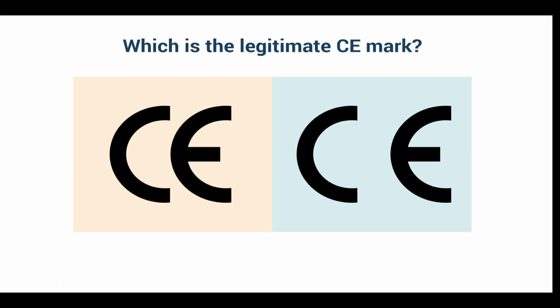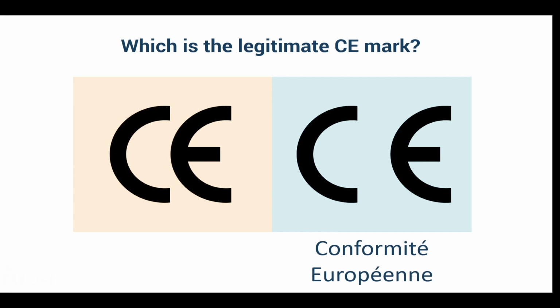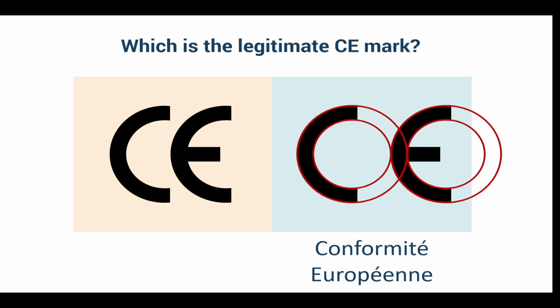But are you able to distinguish a true European CE mark from something else? Is it the one on the left or on the right? Well, it is the right one. You can check that by continuing the lines of the circles on the inside and outside of the C. Check Annex 5 again if you want to compare. The one on the left is just a very smart ripoff from another country.